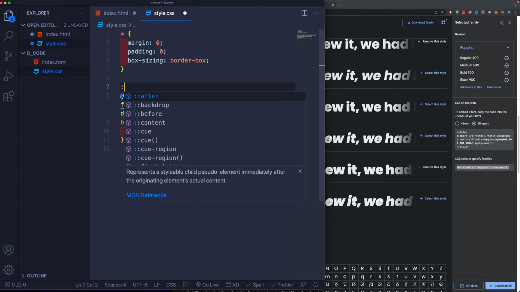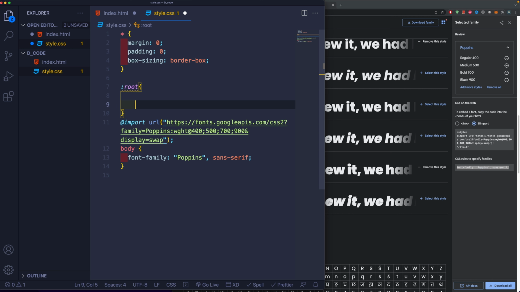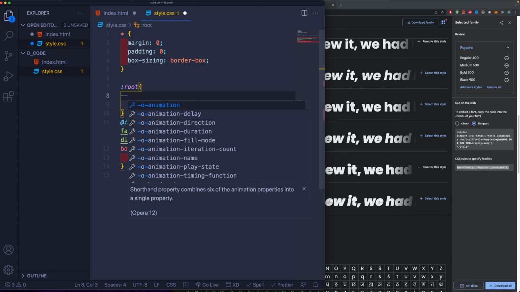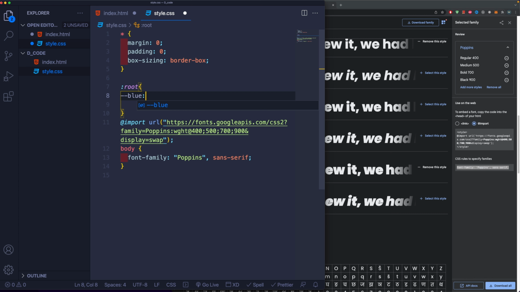This is the root selector, hyphen and root. I'm going to type in here 3 variables. Now the way you define variables, if you never use CSS variables, is hyphen hyphen and then the variable name. This one is going to be blue. Then it needs also the value of that variable, and